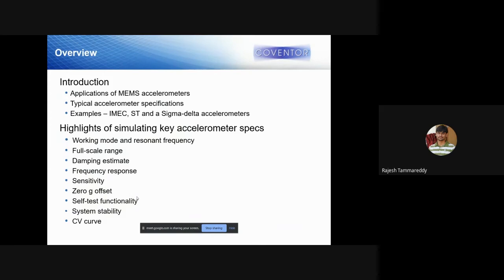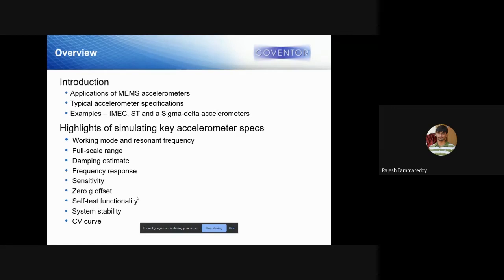Frequency response. It is also important to find out the frequency response and sensitivity. Basically, what is the input and what is the output you are getting, and what is the scale of linearity and non-linearity on that. And zero-g offset, which we already discussed in the previous one. What is zero-g offset? Because of no input, due to thermal or any other things, there will be some offset output which is available. You will be finding that.